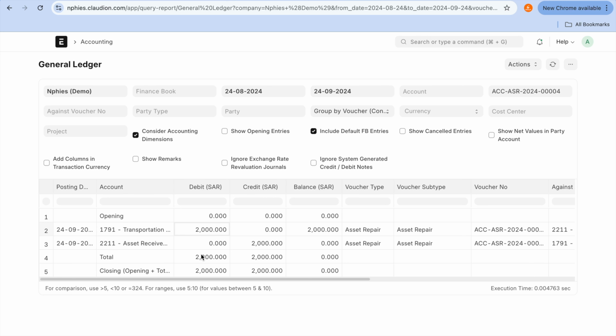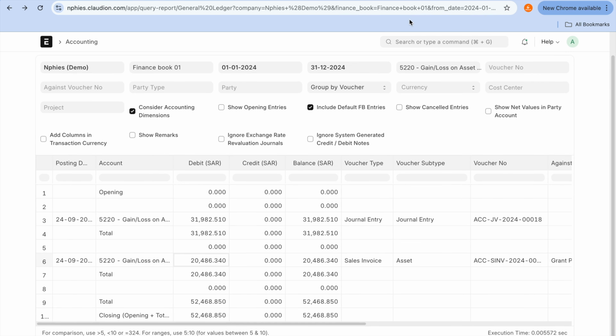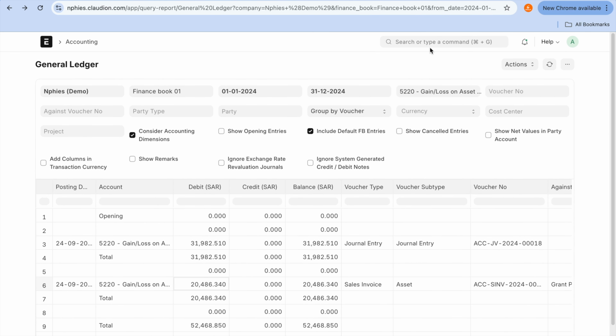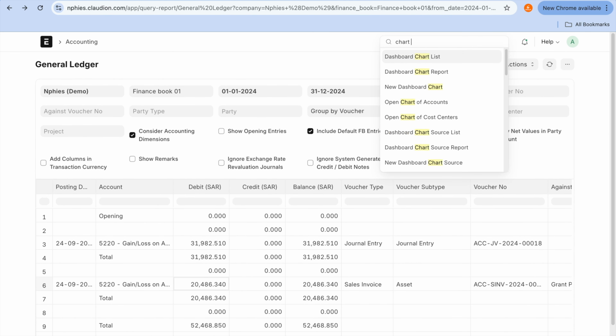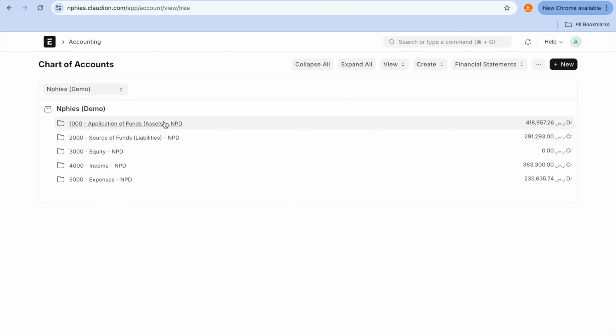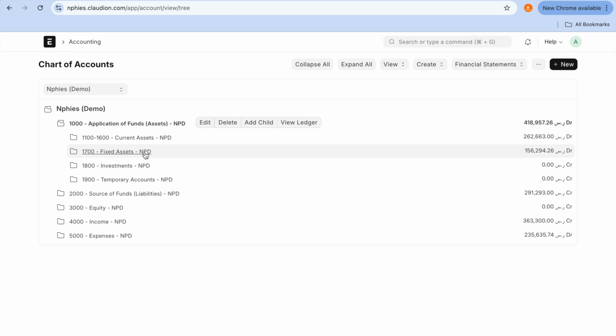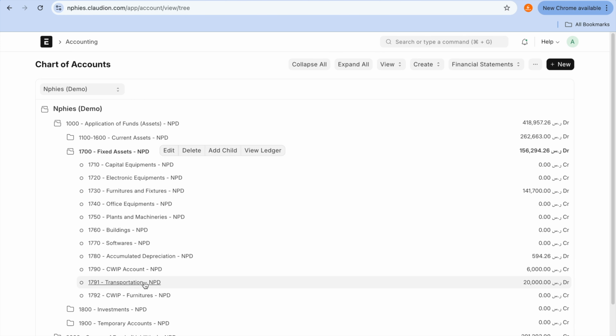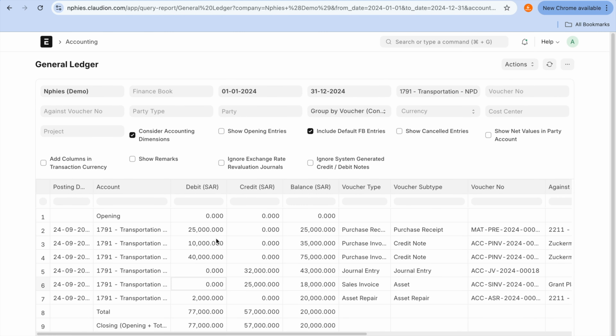Okay, and the account receivable, it came from account receivable because we bought on a sales invoice. So it will come on transportation. I will show you here on the chart of account. Things getting complicated. Chart of account. Okay, on chart of account you can see now on the transportation there is an entry that came just now, that is